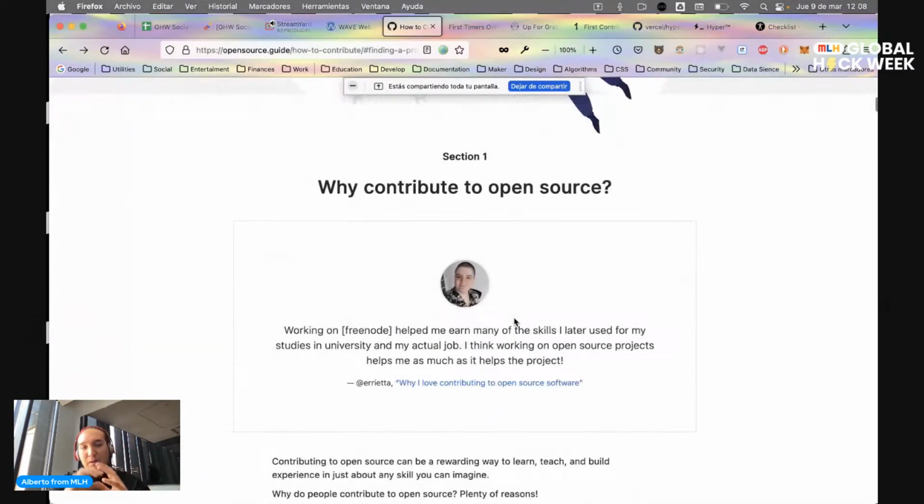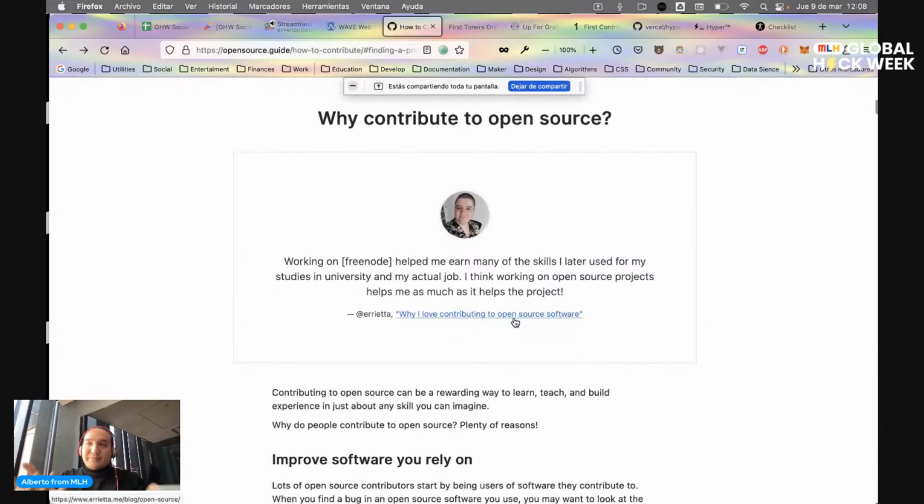So first of all, why contribute? That's kind of tricky. There are a lot of reasons to contribute to open source. The modern web is based on open source. For example, if you're in front end and you want to use a library to develop faster, and you decide, okay, React, maybe it's a good idea. Yeah, you're right, React is always a good idea. React, for example, is open source. React Native is open source.